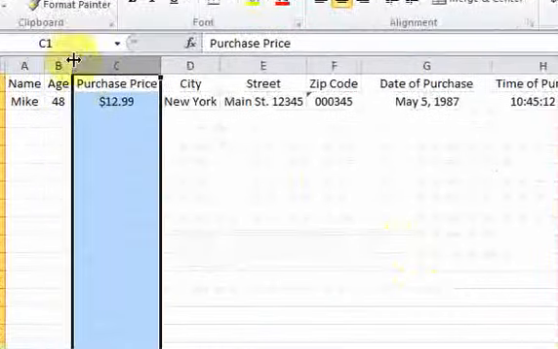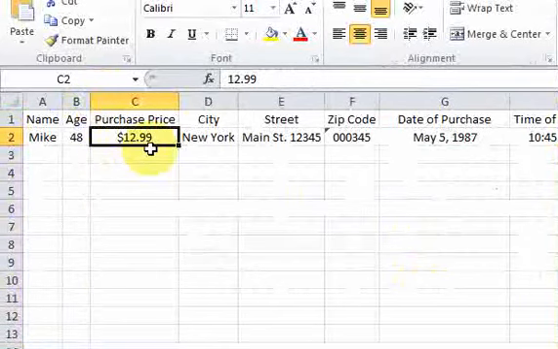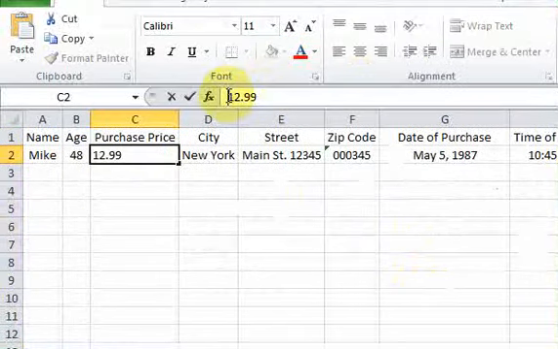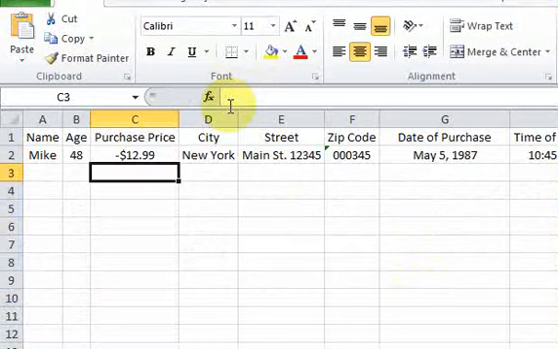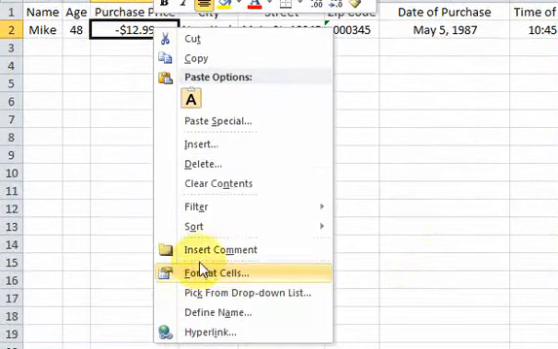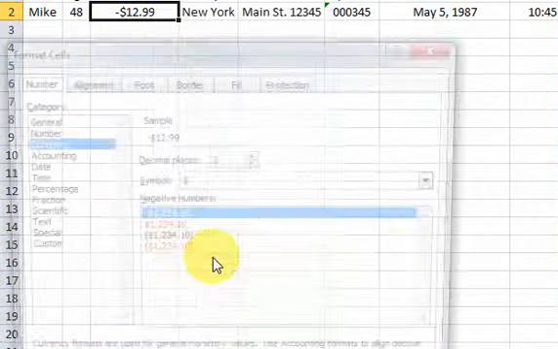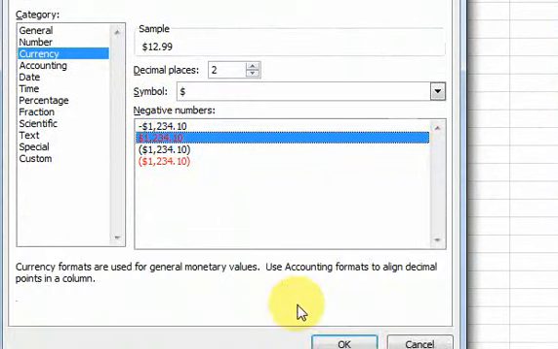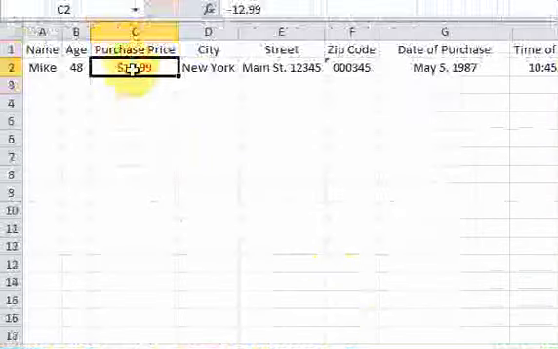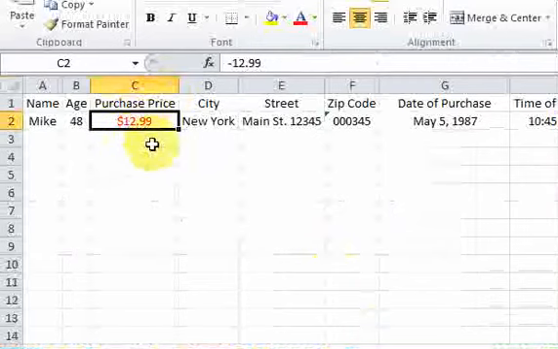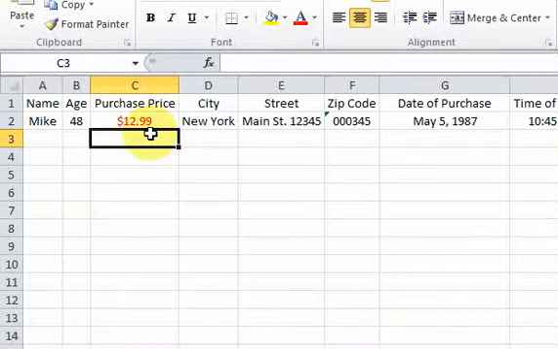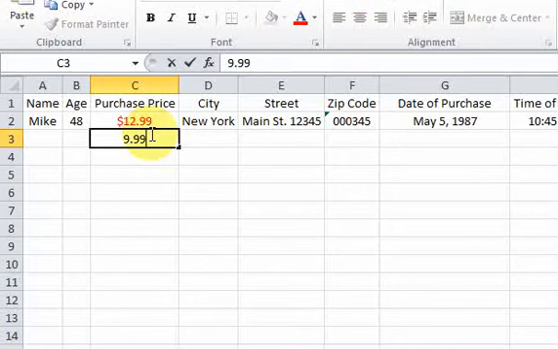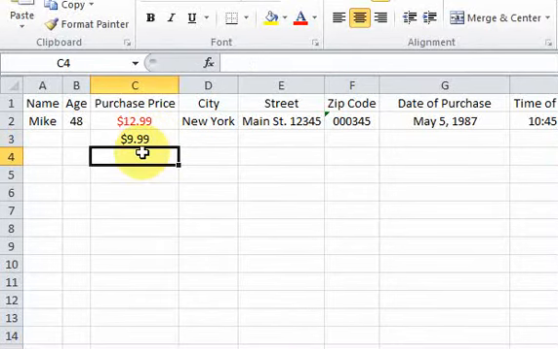And now look what happened. Purchase price now has a $ sign in front. And this might be weird, but if I ever have a negative purchase price, it'll show with a negative like that. If I would have selected the format that makes the color red, if I click that, now it shows $12.99 and it's red. If I put a positive purchase price, $9.99, it's black. If I put a negative $9.99,